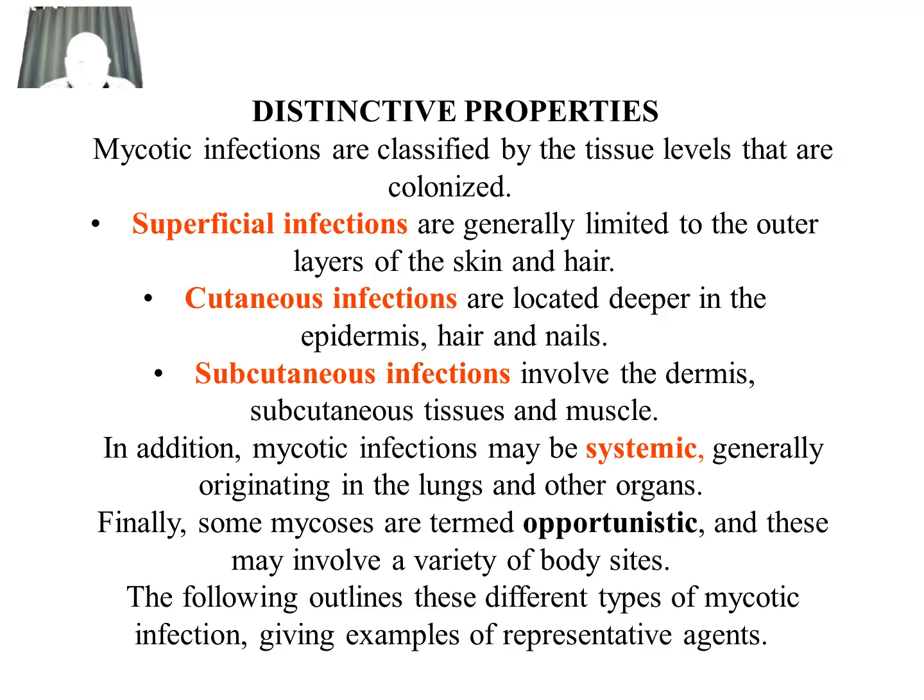In addition, mycotic infections may be systemic, generally originating in the lungs and other organs, because the lungs are the most common site, with an airway which is open, so many microorganisms can penetrate, especially if there is a problem in the physical defense mechanism of the body in terms of the respiratory system. Then we can have opportunistic infections, especially in the lungs. The most common ones in the lungs are Histoplasma or Aspergillus. In addition, in areas that are cavitated because of tuberculosis, they can go there and start growing.